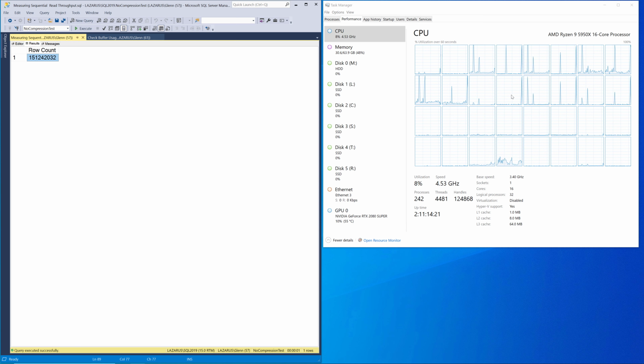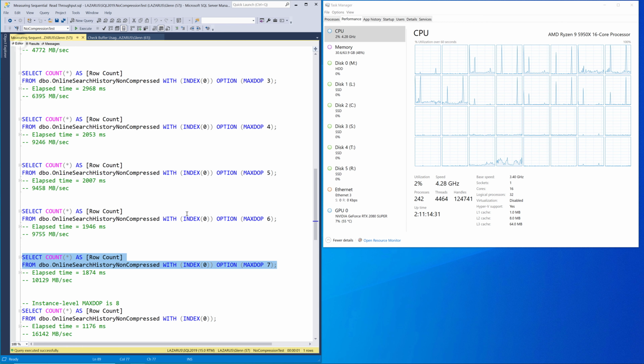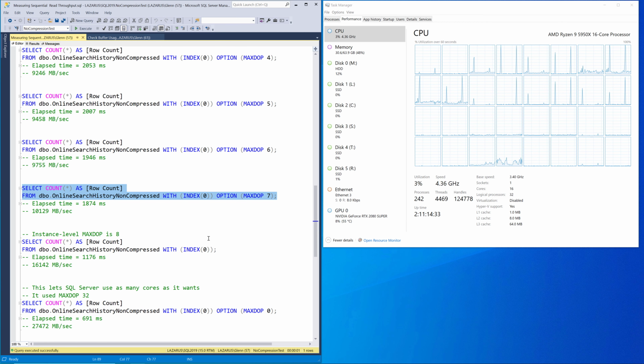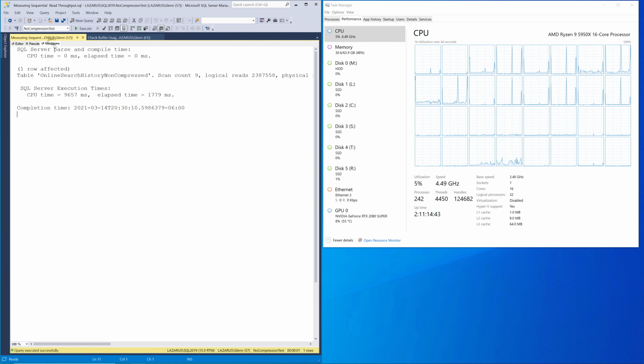And again, you can see more and more cores bursting to read that in parallel. And if you look at the Messages tab, it's kind of flattened out. It's slightly under 2 seconds. So then we'll go ahead and just do index 0 and not have a hint here and see what happens now. So it's going to use 8 cores, and that came back quite a bit faster,